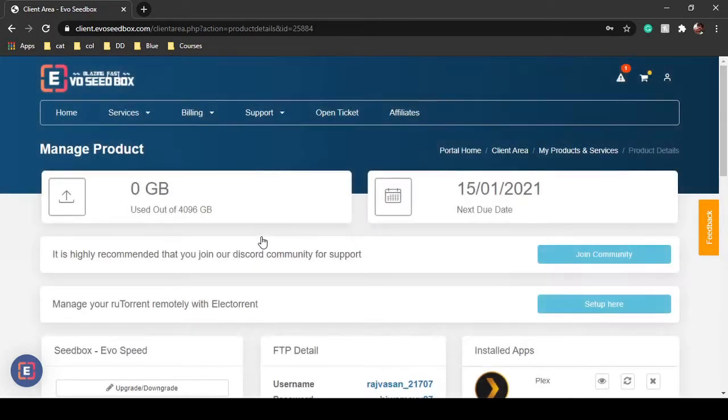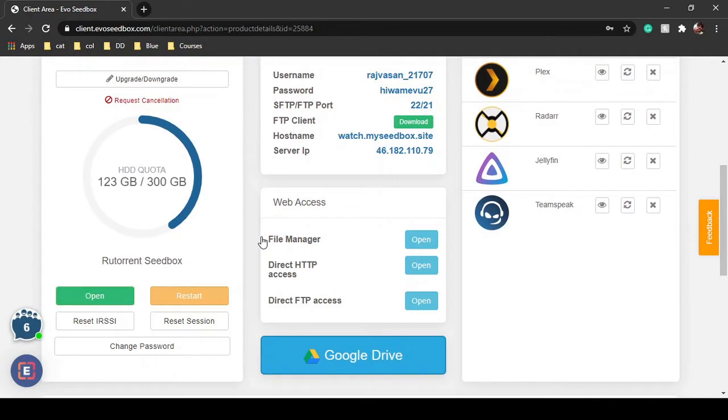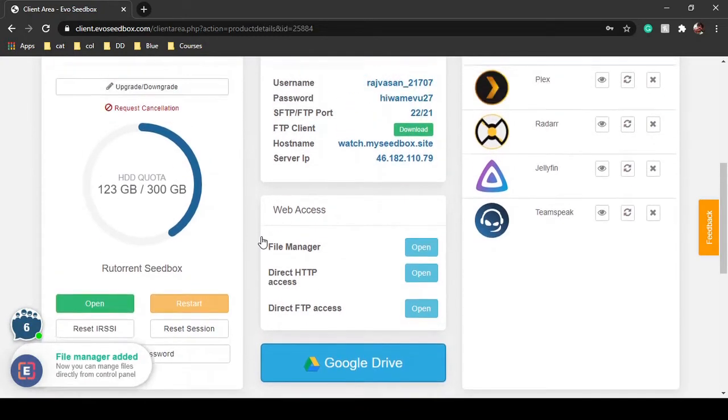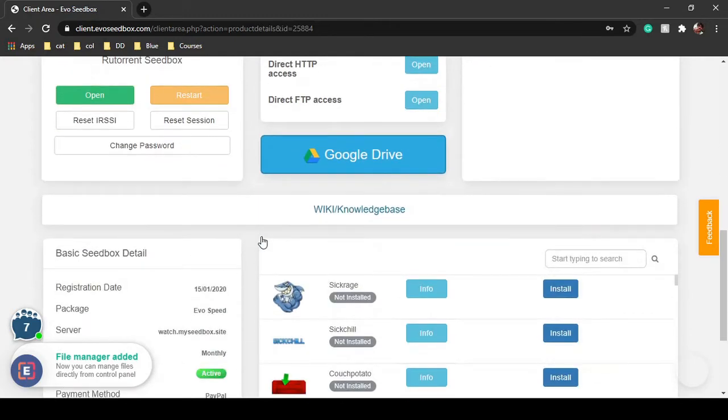Sonarr has this amazing functionality where you can even schedule future torrents. So even if you are watching a TV series and only season 3 has been released, and the fourth season is yet to be released, you can schedule it using Sonarr. So whenever the torrent is available for the fourth season, it will automatically download it to your Seedbox.